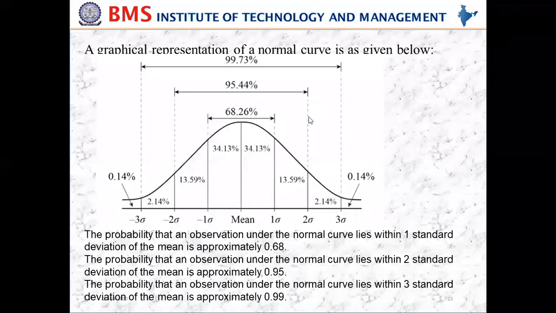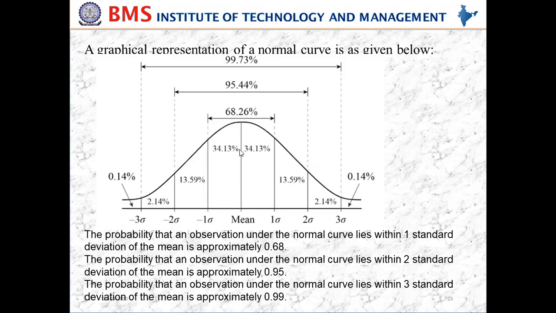Next, how it can be represented. This is the graphical way of representing the normal distribution curve. You might have observed in mathematics normal distribution tables and normal distribution curves. When you calculate the area under the normal distribution curve, from the mean to plus 1 sigma, it will be 34.13, and from the mean to minus 1 sigma, it is 34.13. If we want to find the area between the two limits, plus or minus 1 sigma, these two will be added.